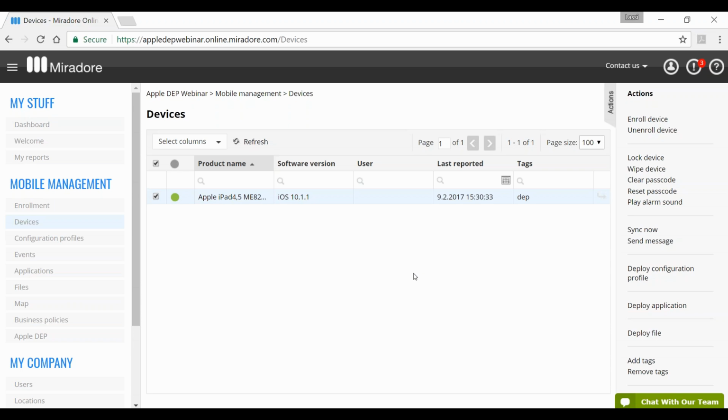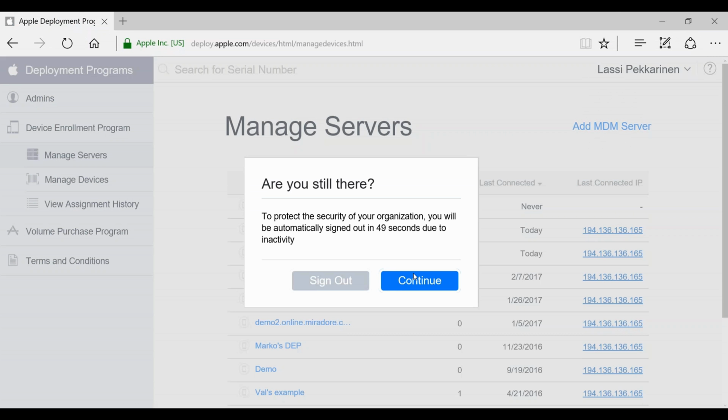But if it's a device that you will get rid of, so if you are selling it or destroying it, if it's a broken device or so, then the DEP terms and conditions even list that you need to maintain the device list. If you know that you are selling a device out of your company, you need to remove it from your DEP device listing. And to do that, you need to go to the DEP portal.